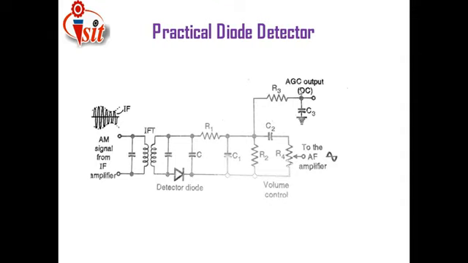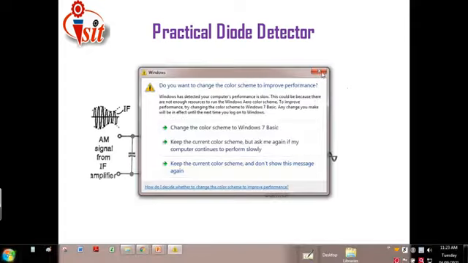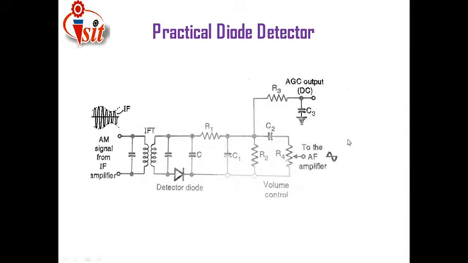AGC means what? Automatic gain control. And here we have represented that practical diode detector. That means this C2, that is coupling capacitor, is connecting that automatic gain control along with that practical diode detector. Then here we are getting that audio frequency signal as an output, and that output is nothing but